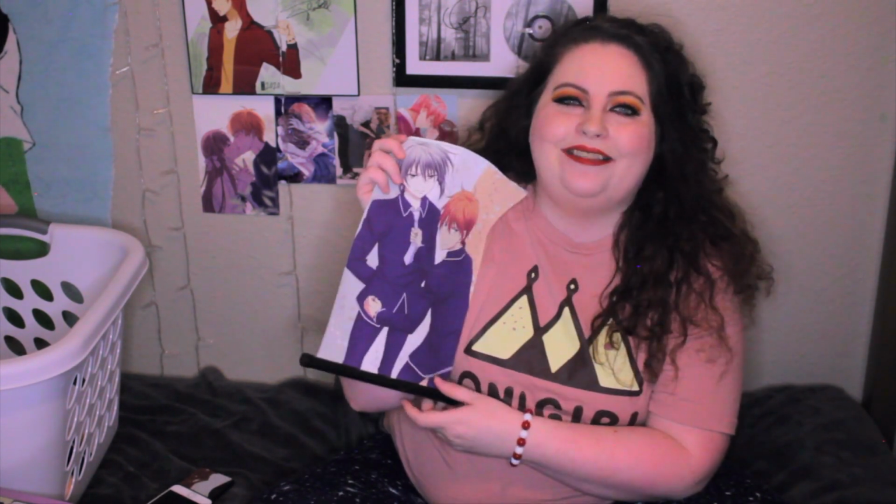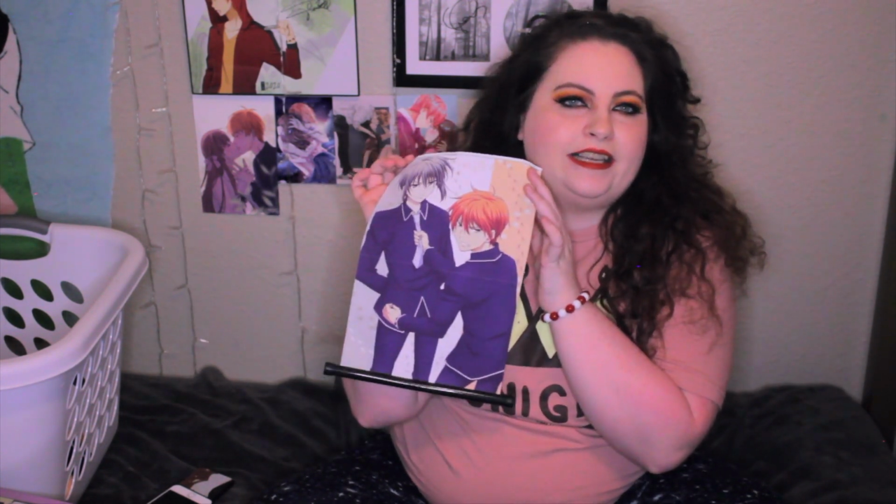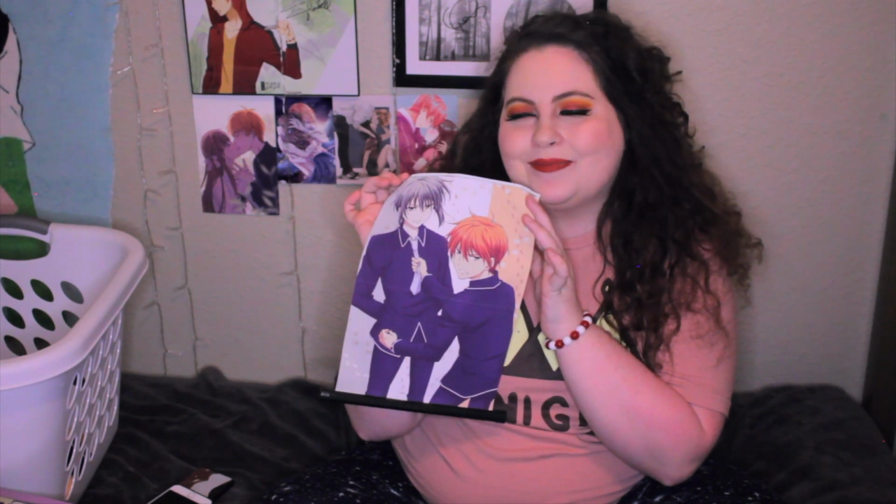big of a deal. I absolutely love this print of Keo and Yuki for some reason, just because the way they're acting here is so them, so I thought it was so fitting. And they both look absolutely gorgeous as well. Next, I have some prints, which are actually hanging